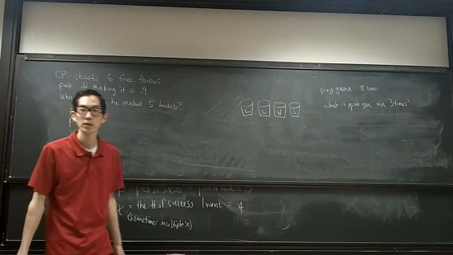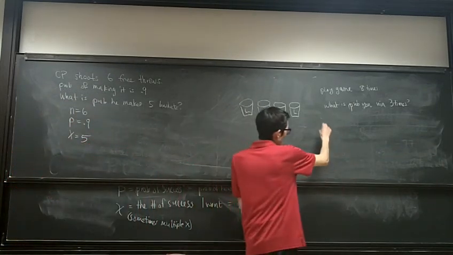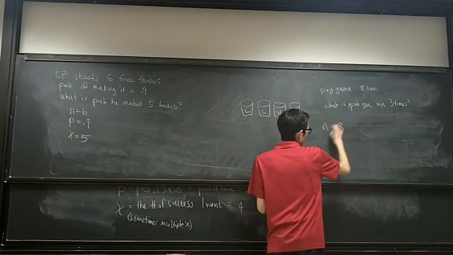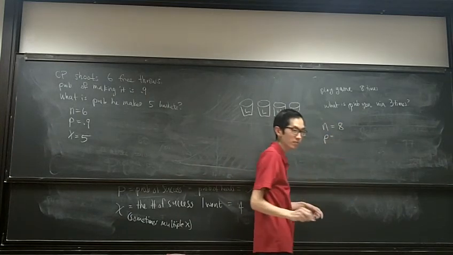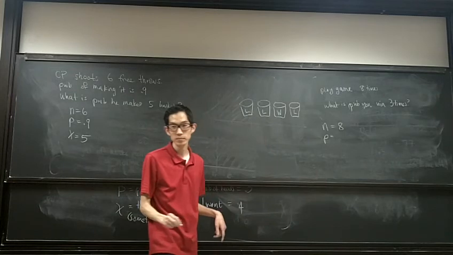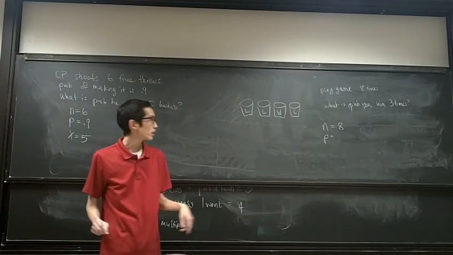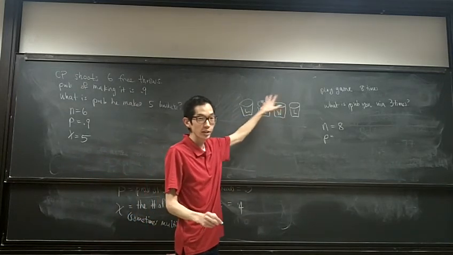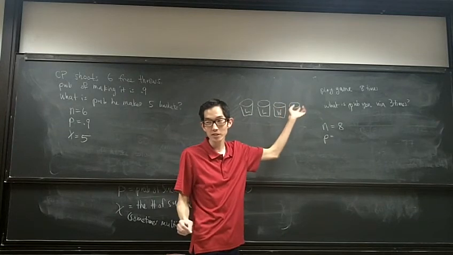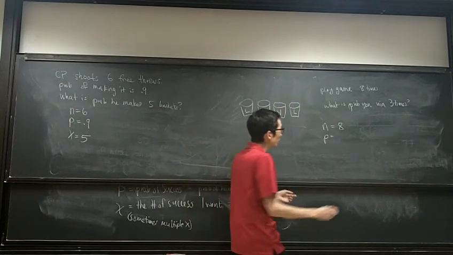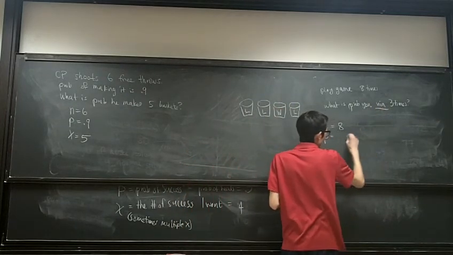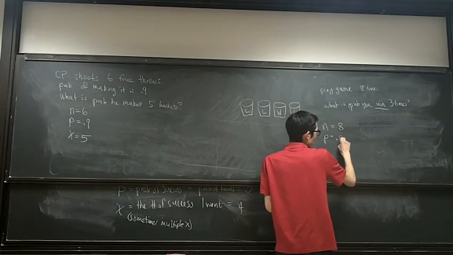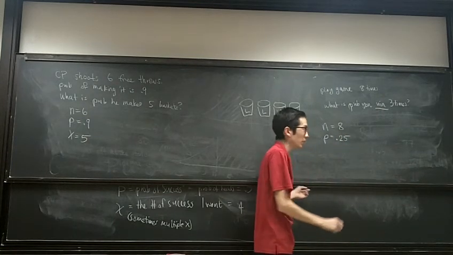N is 8. What's my P? Would it be 0.2? Yeah, 1 out of 4, right? I could end up in any one of these 4 baskets, so the probability of winning, my success, is going to be 0.25, 1 out of 4. And my X is